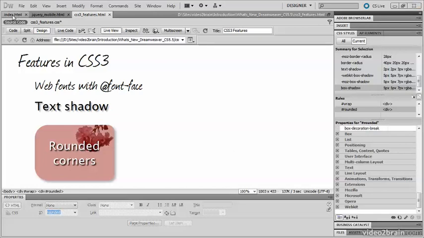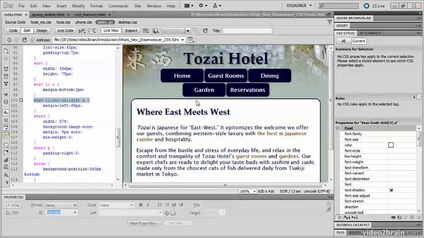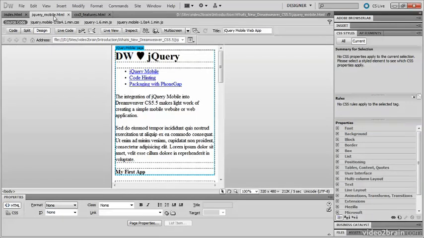Perhaps less noticeable, but nevertheless very important, is support for advanced CSS3 selectors, such as the nth child pseudo class. As you can see, I've applied the nth child pseudo class to the fourth list item in the navigation menu, giving the fourth item in the navigation menu the correct left margin when the screen is between 401 and 680 pixels wide. A major feature in Dreamweaver CS5.5 is integrated support for jQuery Mobile, a sophisticated JavaScript and CSS framework